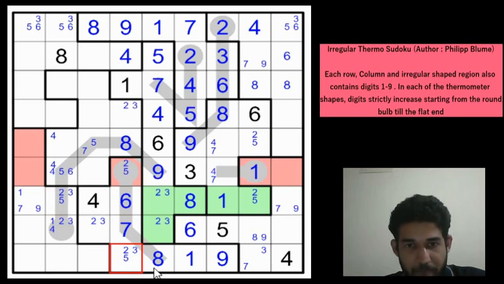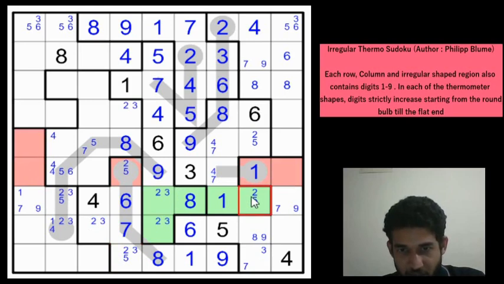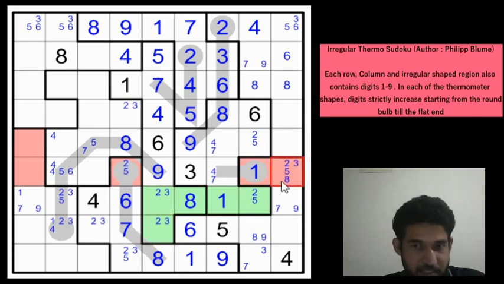Okay. So why don't we write the candidates in these red cells? Because we can make use of the in-out rule here. There is no other thermometer left for us to take the progress forward. So this can't be a 1, it can only be 2, 3, 8 or a 5, right? I am writing all the possible candidates which are present in the green cell. So this can only be 2, 3, 5, 8.